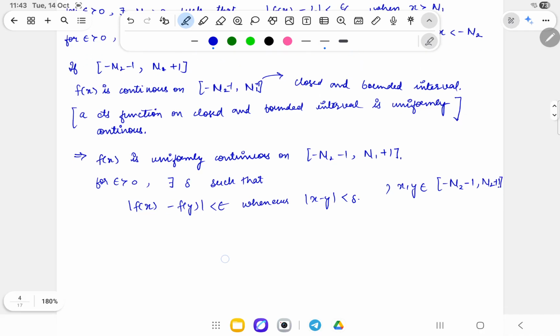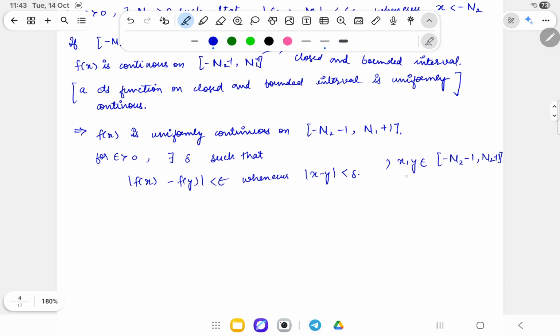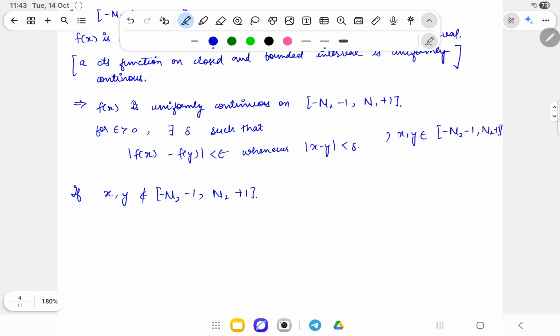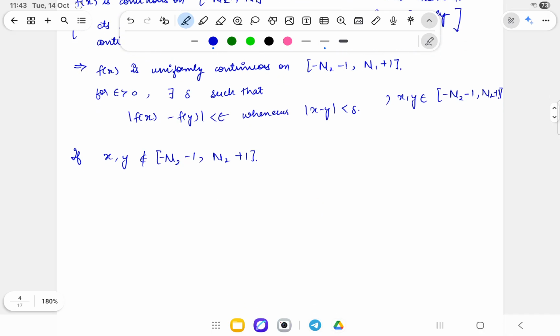Now let's say my x and y don't belong to this interval, because we need to prove it for the whole real line. So if x comma y doesn't belong to this interval, that is minus n2 minus 1 comma n1 plus 1, in this case there will be 3 more cases. So the first case will be case 1,